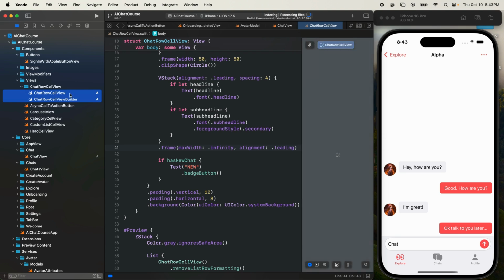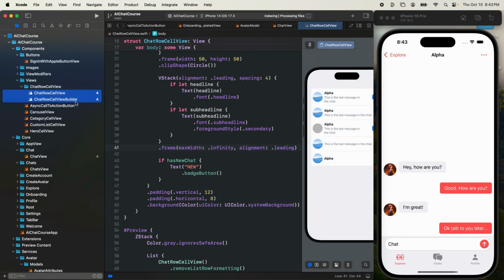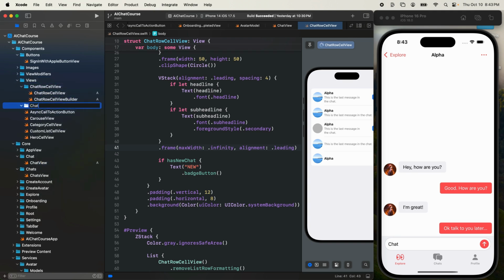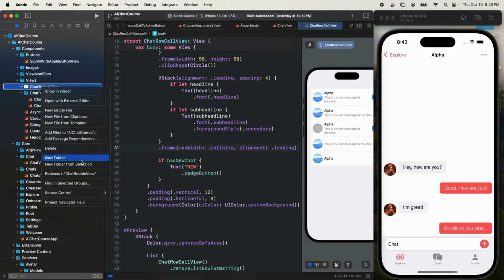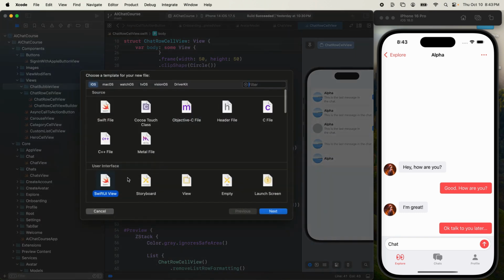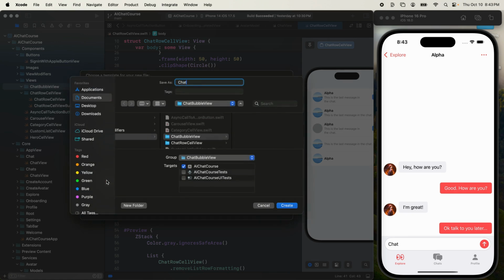I'm doing it now because we're going to actually build, again, 2 layers for these cells. So we're going to build the view, and then we're going to build a view builder that's going to determine whether it's the left or the right version. So let's go ahead and create a new folder here, and let's call this the ChatBubble view. Click enter. Let's right click, create a new file from template, a SwiftUI view, and I'll call this the ChatBubble